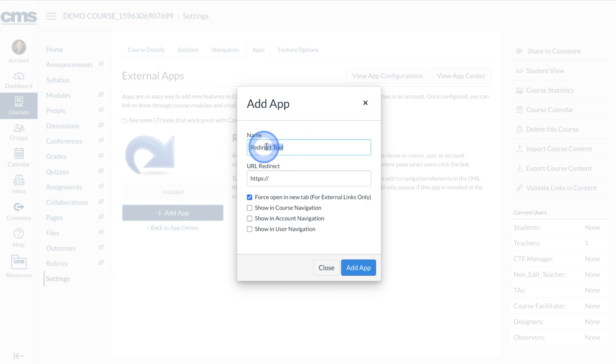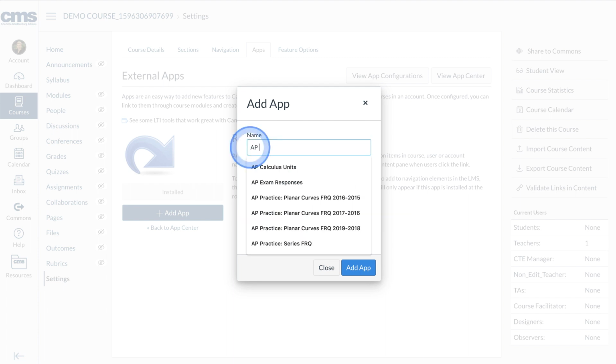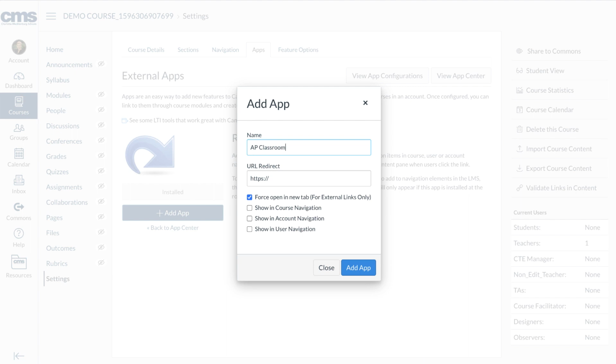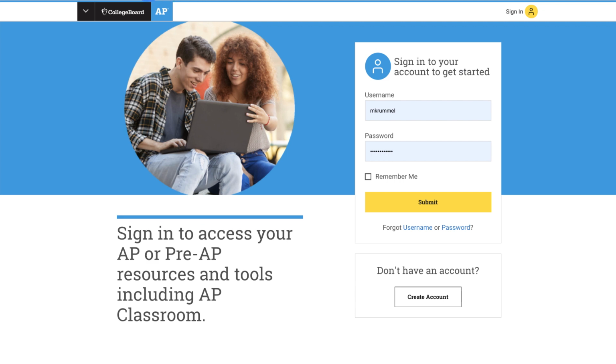So the name of the link you're going to change because you don't want it to say redirect tool in the navigation menu. Students will have no idea what that means. You want to say what you would normally name the link. So let's name it AP Classroom. And then what URL do you want that to point to? So let me grab the URL for AP Classroom